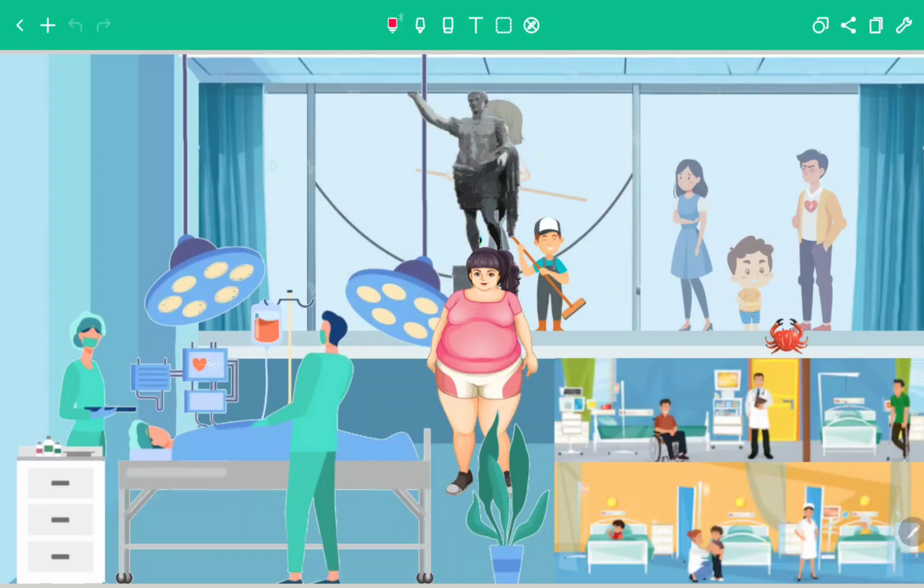Now this is a familiar picture. The only difference is that there are a few more additions to the antenatal picture in this postnatal intermediate risk factor picture. Now what are the differences? If we can see this man, he was not there in the antenatal portion because he is Julius Caesar, and we all know caesarean section has been named after Julius Caesar. So Julius Caesar with a labor, that is caesarean section in labor, is definitely an intermediate risk factor for